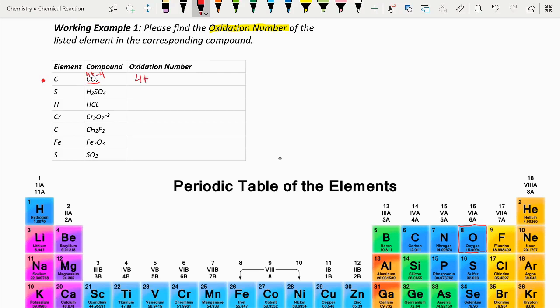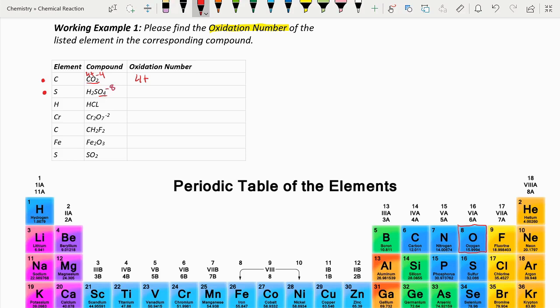Now let's go over our second example. So our second example is the element sulfur and the compound sulfuric acid. So let's first start off with this oxygen bit. So we know that every atom of oxygen needs 2 more electrons, and we have 4 atoms of oxygen, which means that this needs